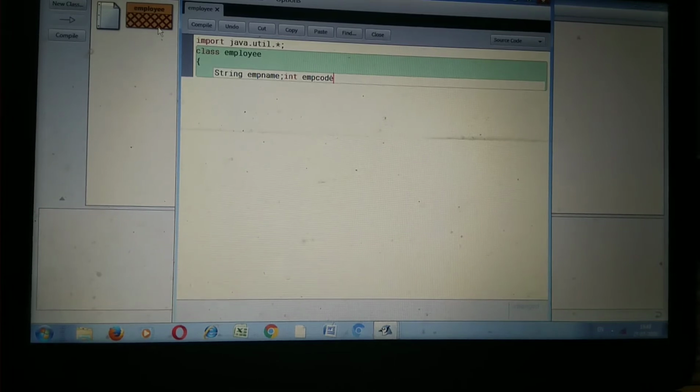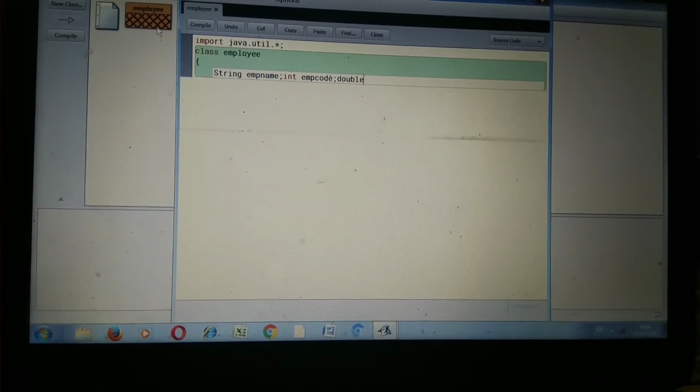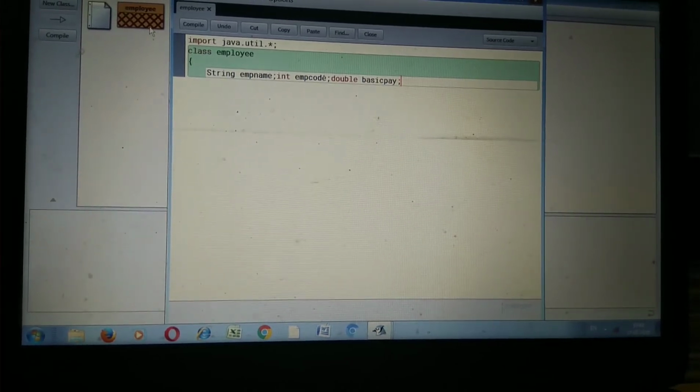So again we change the data type; we terminate with a semicolon, and the data type is double, space, basicPay. These are the data members, or you can say instance variables, which are given in your question.